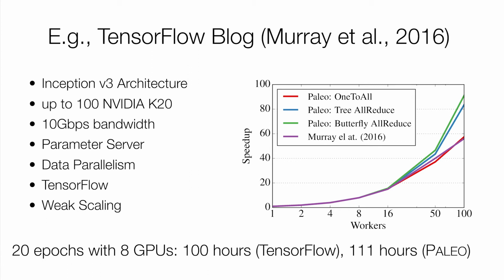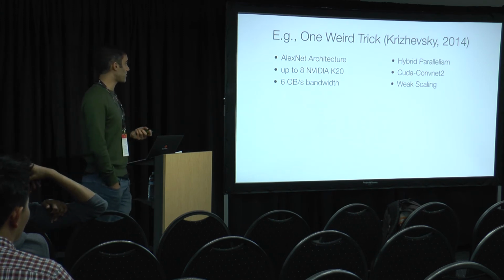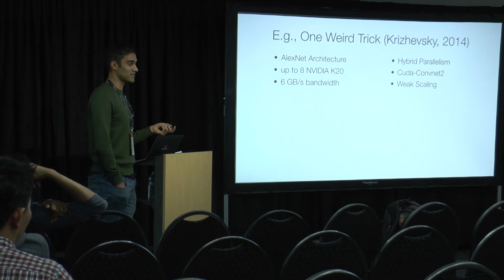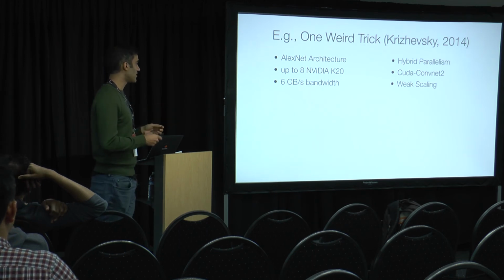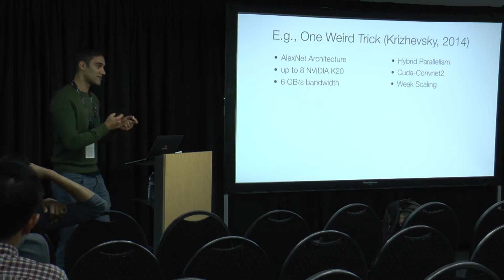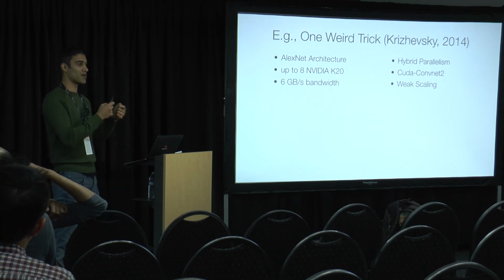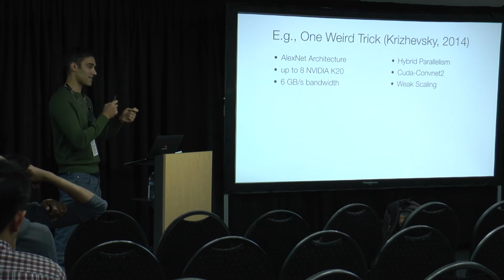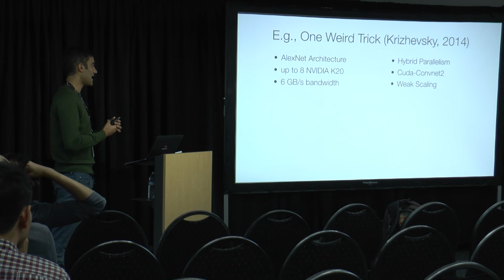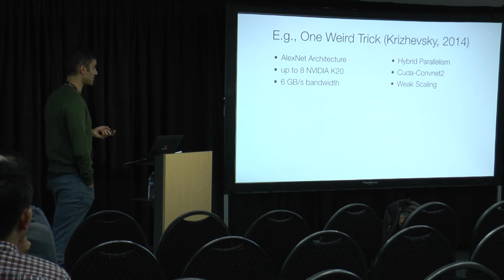We have a bunch of results in the paper, but as a second one, there's the "one weird trick" paper. This is actually a parallel setting, not a distributed setting. They have this really cool idea where they say for a convolutional neural network, instead of being only data parallel or only model parallel, you kind of want to be both, depending on where in the network you are. I won't go into details, but the idea is that they have 2 different types of parallelism. And we're able to model this using, again, the same setup that they use.